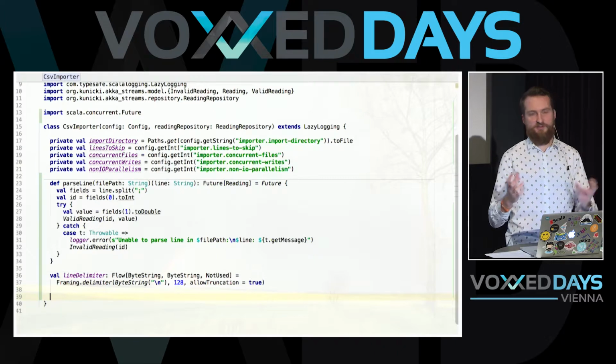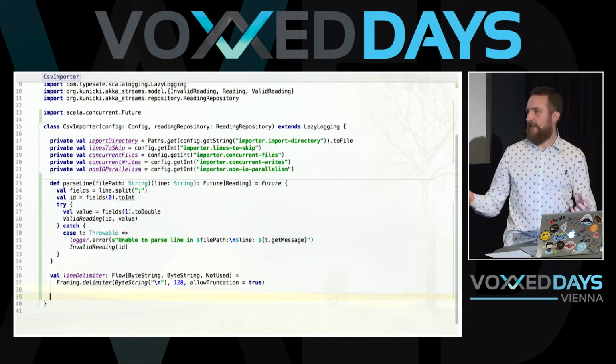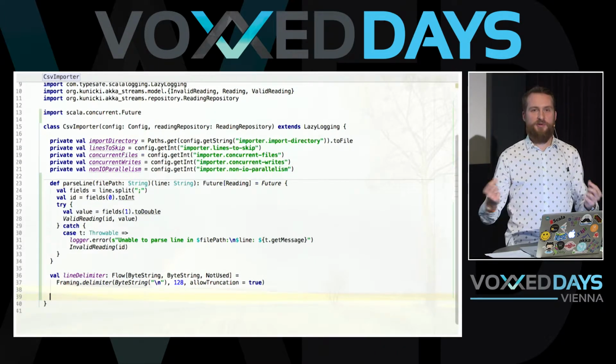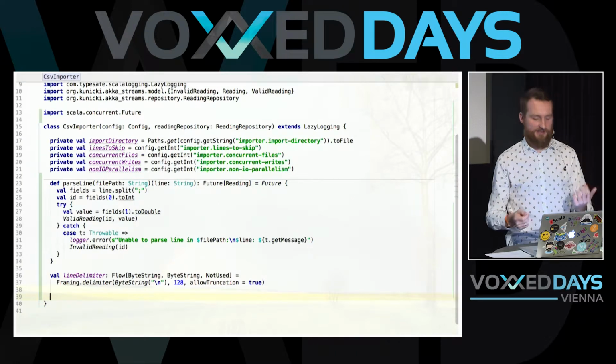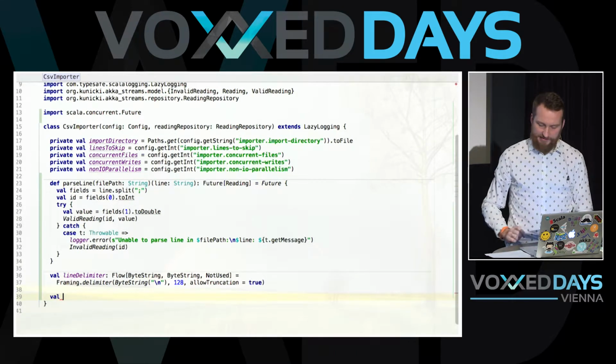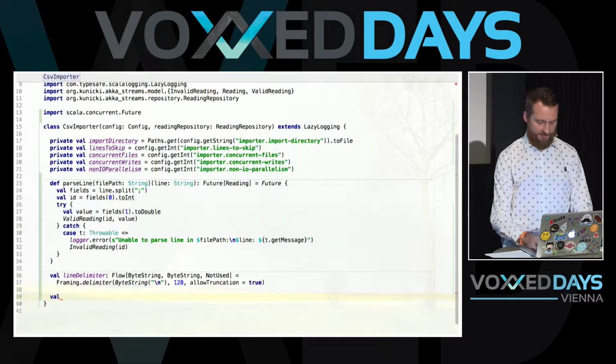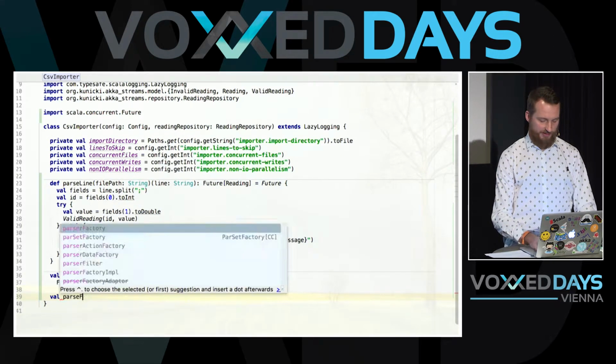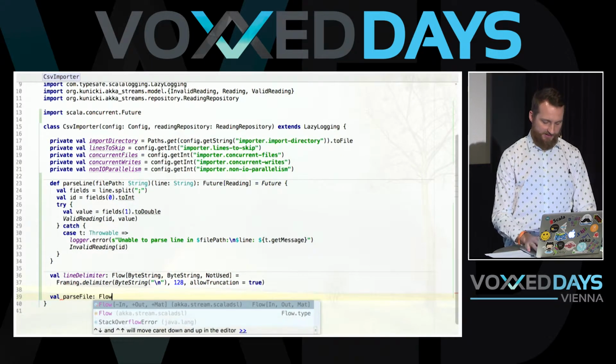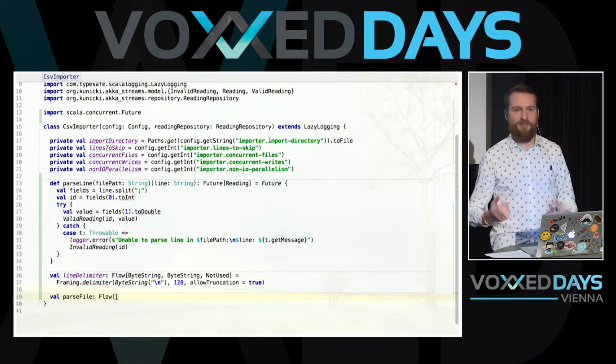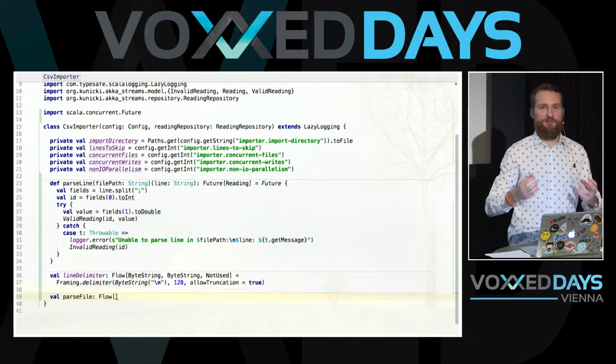Okay, so this is the first building block, and as I said, it's lazy, so nothing actually happens here. It's just a recipe: what do we do with the incoming data? So the next step we're going to define is a recipe for parsing our files. We'll be using the flow type heavily because we'll basically be defining the flows, the building blocks